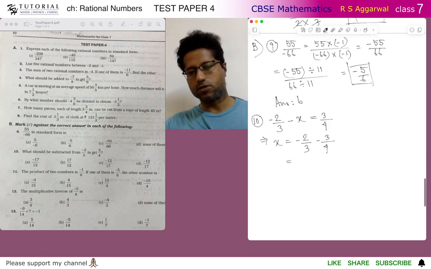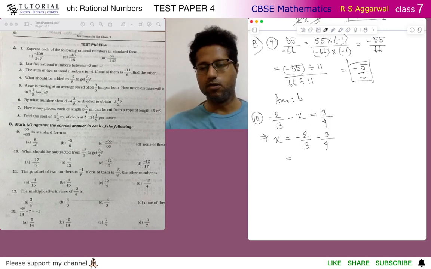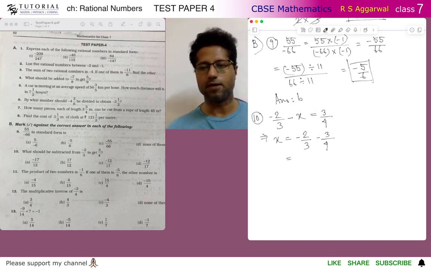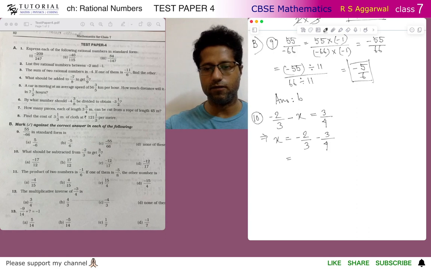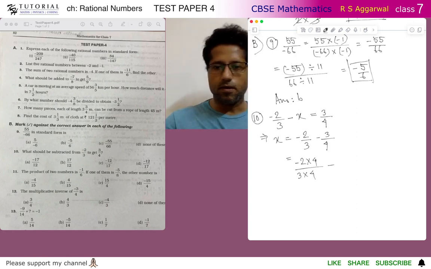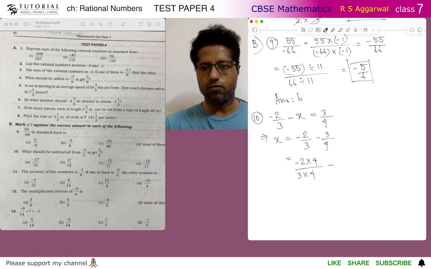So this is a subtraction of two rational numbers, and we see that the denominators are different. So first we have to convert these two rational numbers to their equivalent form, so that they both have a common denominator, the LCM of 3 and 4, which is 12. So this will become multiplied by 4, 3 multiplied by 4 minus, but before this step we would like to,